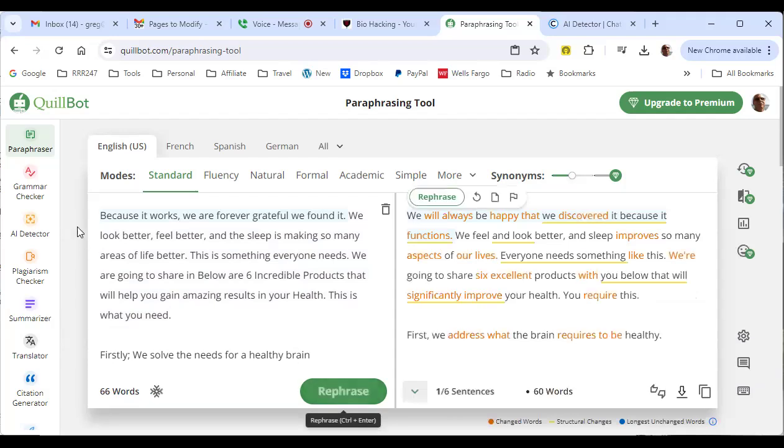Okay. Because it works, we are forever grateful we found it. We look better, feel better. We discovered. And then it says, we will always be happy that we discovered it because, so we need to rewrite this, discovered. Yeah. Because it functions. Okay, so we're going to say,